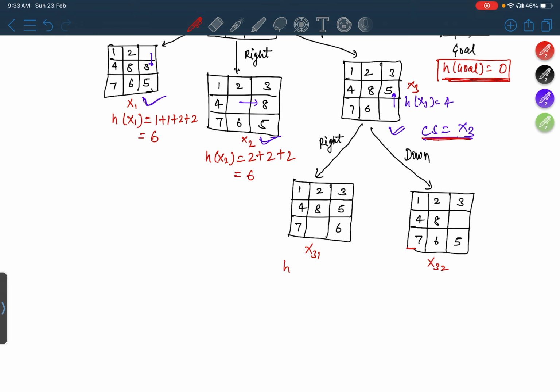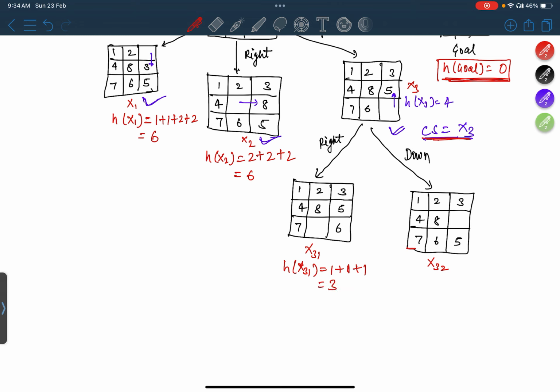तो h of x31 क्या आ रहा है, h of x31 कितनी टाइल्स अपनी सही पोजीशन से दूर है, ये सही पे, ये सही पे, ये सही पे, ये सही पे, 8 अपनी उससे एक दूर पे, तो 1 प्लस 5 अपनी उससे एक दूर पे 1, and 6 is also from one distance away, तो 7 अपने करेक्ट पोजीशन पे 0, तो only thing that is remaining is 6, this is 1, so that is